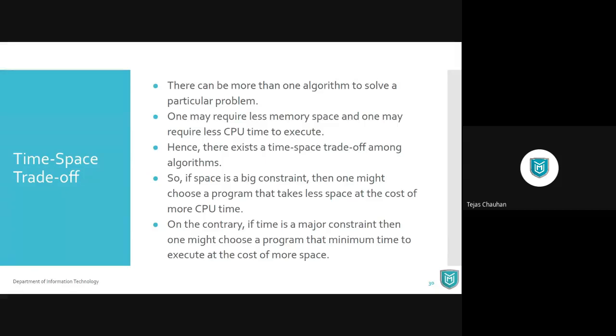Now, just to make this point clear, time and space trade-off, I want to take a very basic example of swapping two numbers. You can swap two numbers using an extra variable, a third variable, C, let's say. What you do is you get a backup of A, then you update your A with B, and then you update your B with C. That's one logic of swapping two numbers with an extra variable. And then there is one more mathematical way of swapping two numbers.